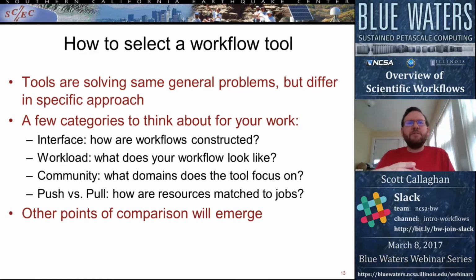Well, the tools that are going to be presented are solving all the same general problems, and these are the problems that we've mentioned earlier in the presentation. Where they differ is in their specific approach. And I'm going to give you 4 categories that I encourage you to think about when you're evaluating tools for